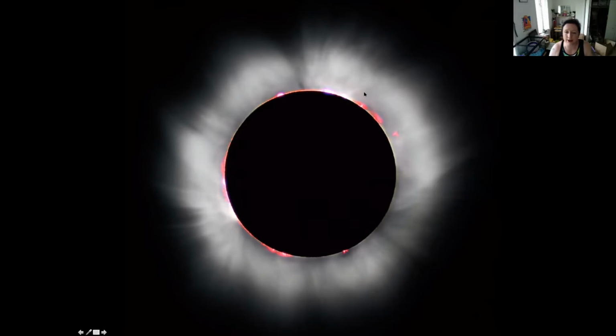So you get to see this. This is actually very hot gas. It's about 2 million Fahrenheit. And it is actually so hot, it's a plasma. So the atoms have lost some electrons, it's electrically charged, and that means it follows the magnetic field of the